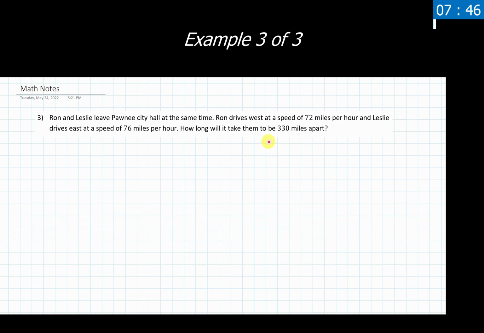So like we did with our previous problem, number 2, I'm going to go ahead and start with drawing a picture for this because there's some very important information to get from this, and I think it's always a good starting place to get some visual down for ourselves. Now you do not have to start with a visual if you don't want to, but I do think it is a good idea to have it showing up somewhere. Okay, so we have the City Hall listed here, and we have traveling to the west is Ron, as per the problem. And then traveling east is Leslie.